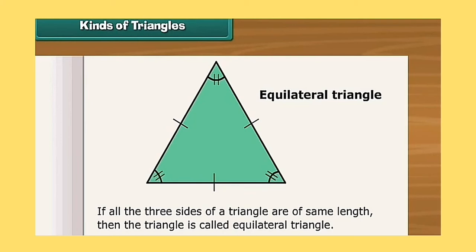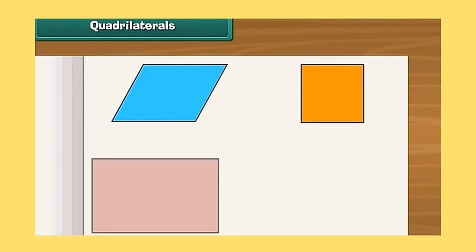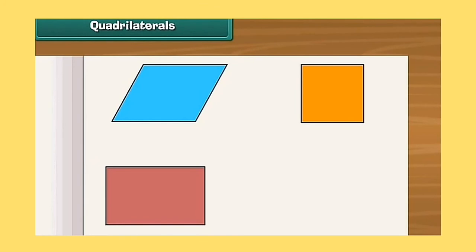That is, all can be 5 centimeters. Understand? So, when we have a polygon which has 4 sides, that will be called a quadrilateral, and different types of quadrilateral I will deal in